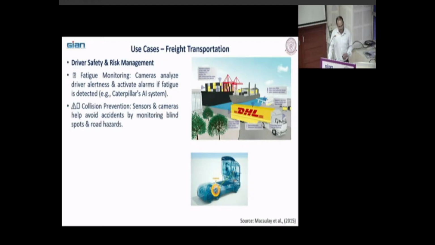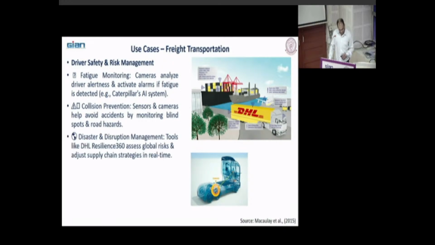Collision prevention: sensors and cameras help avoid accidents by monitoring blind spots and road hazards. Nowadays 360 sensors are coming, so you don't have to guess what's coming from your left or right side. With those 360 degree sensors, you can find out those blind spots and road hazards.